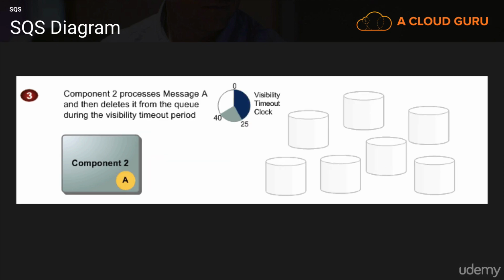So component 2 then basically processes that message. So this is our application server. It is now writing a watermark to that image, and then once it's completed, it will delete it from the queue during the visibility timeout period. Now if something happens and that visibility timeout clock expires, let's say our application server goes offline and doesn't get a chance to do the watermark for that web application, that's fine. That message will still stay in the queue. It won't be deleted, and then another